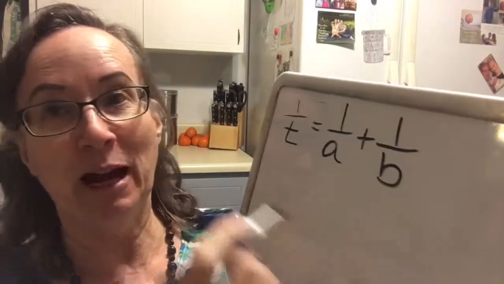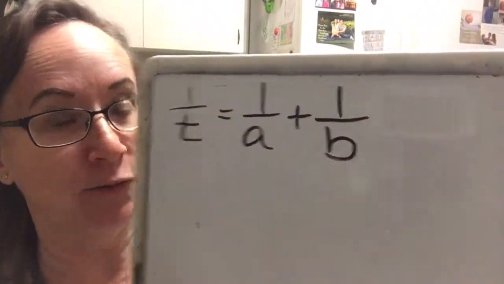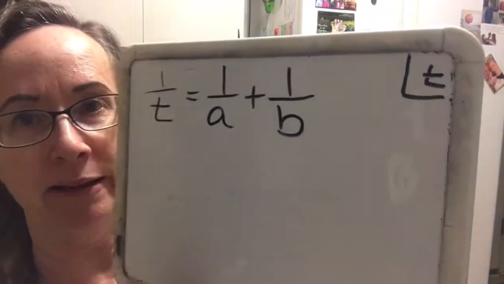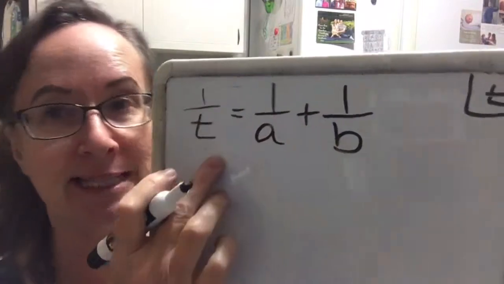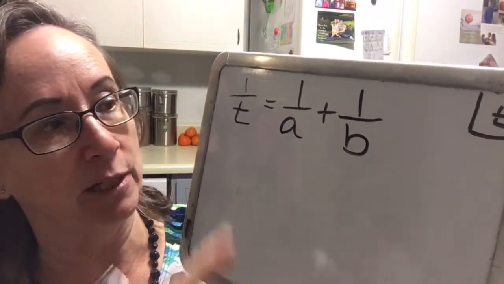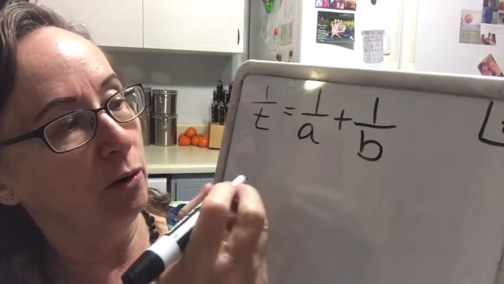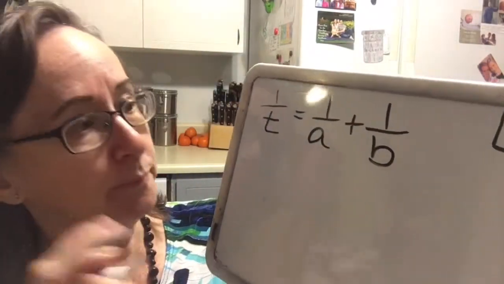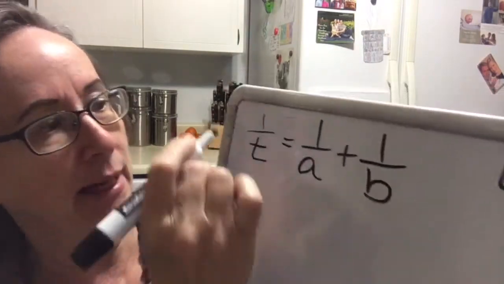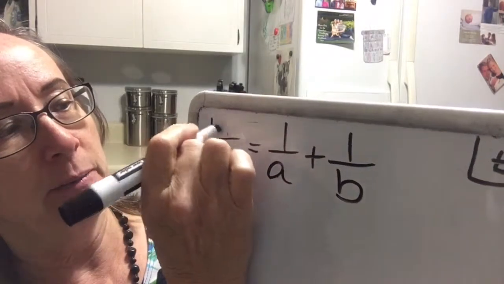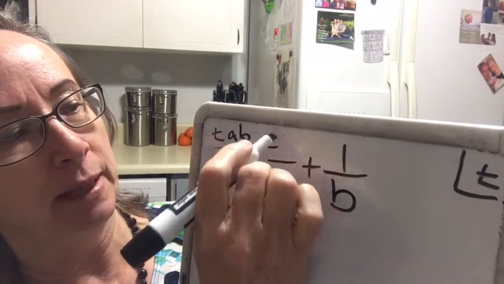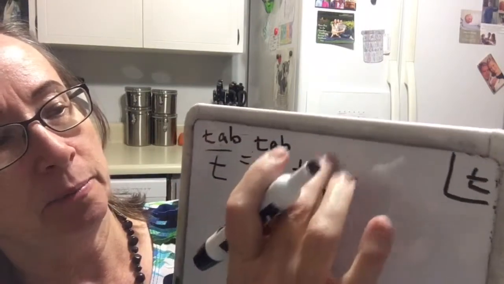All right, students, so now what we're going to do is solve this formula for t. Okay, so we're going to try to keep t in mind there. We're trying to get t by itself. Notice t is in the denominator. So we're going to multiply through by the least common denominator, which is TAB, it doesn't matter. We're going to multiply the whole thing through by TAB. So when I multiply this one by TAB, and this one by TAB, and this one by TAB,